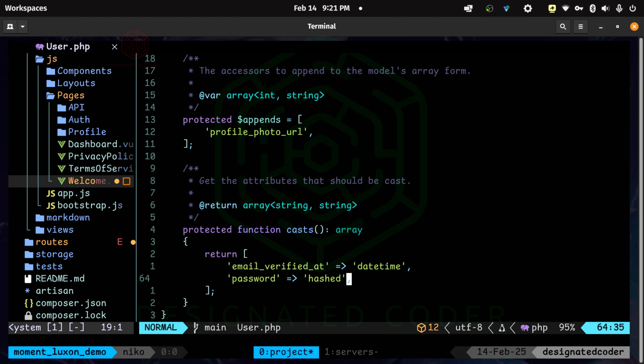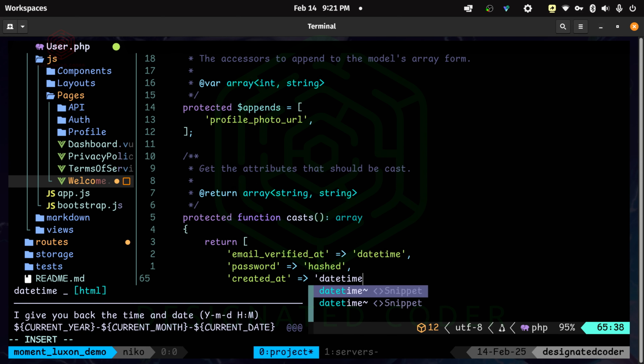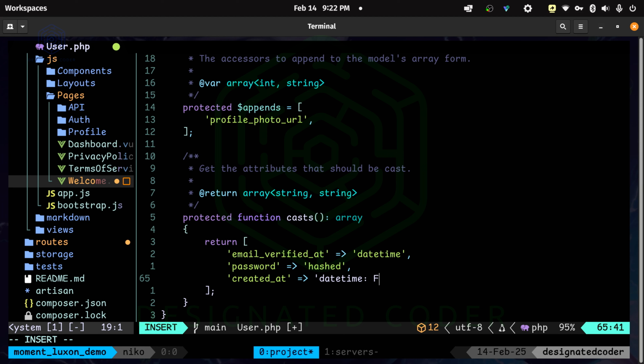If you do it correctly, it's not seen on the front end, or it's hashed on the front end. Something that we can do is just leverage Carbon. So we can do created at equals, and it'll also be date time. But because it's going to be formatted here, we're going to do the month, the date, and the year. And this is how I want to format it.